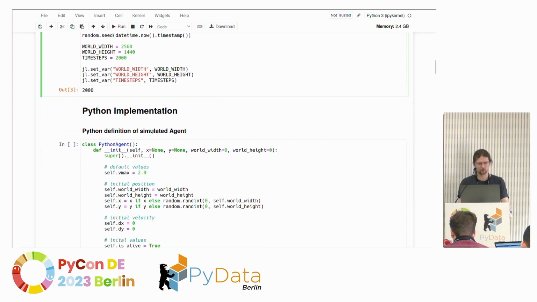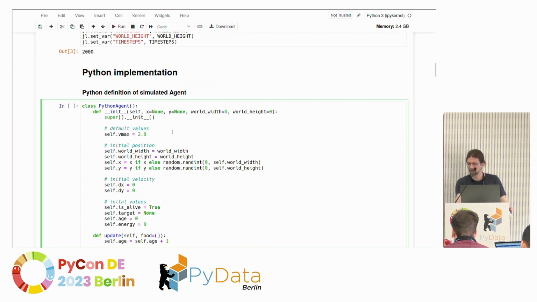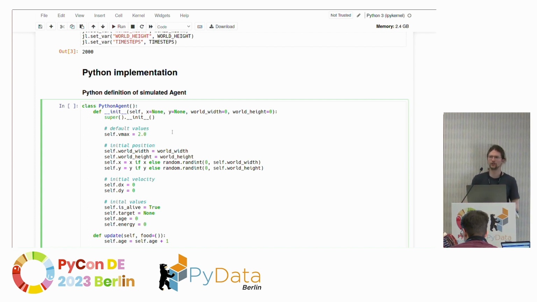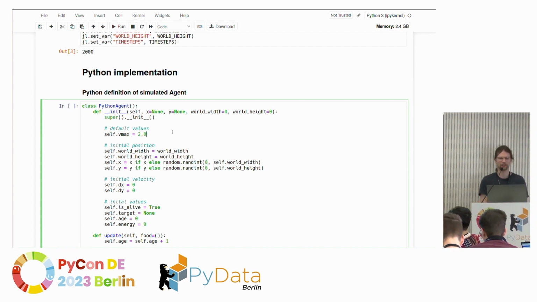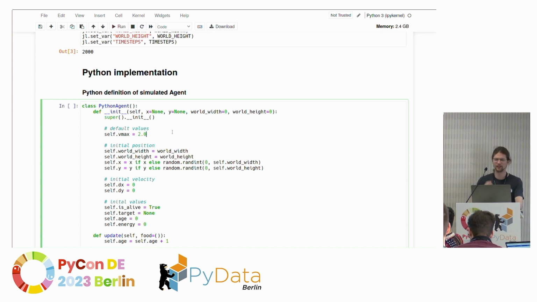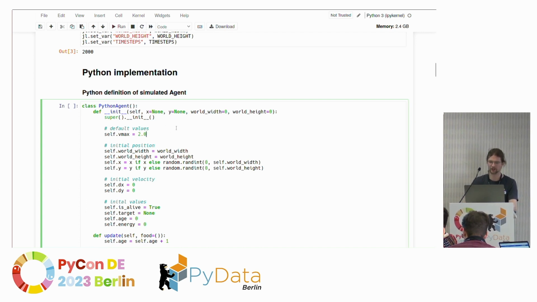Okay, so we now look into the Python implementation. We're approaching the first hour, and so it's a bit more code. Be with me, but I think it's worth it because it's really one of the examples where you also see how you can map a type hierarchy. So I think this is a really good example to get an easy idea how to translate stuff from Python to Julia. So we have a Python agent class, which has a constructor, and it just